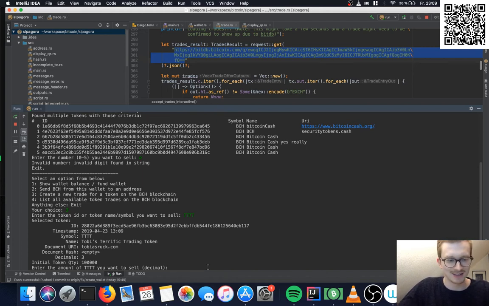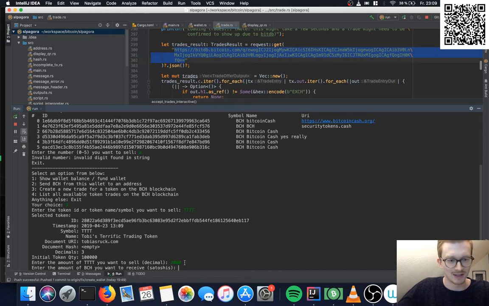You just enter the amount you want to sell. For example, let's do 2,000. This time 3,000. You want to sell, and then the amount you want to buy. Basically, like if you use a Kraken or some exchange, then it's basically the same.